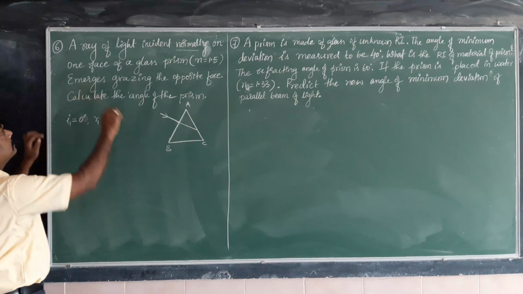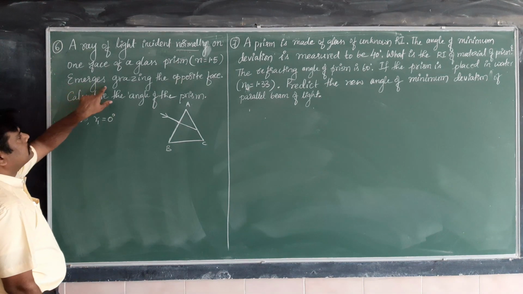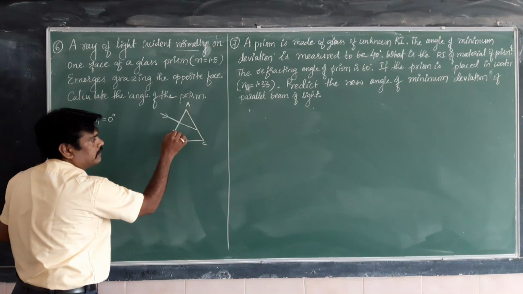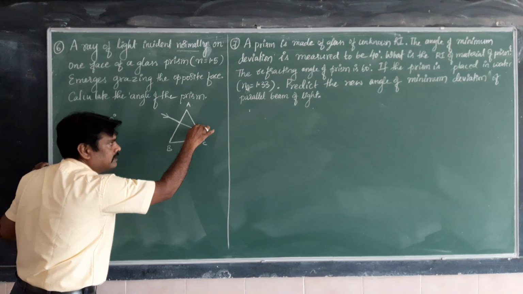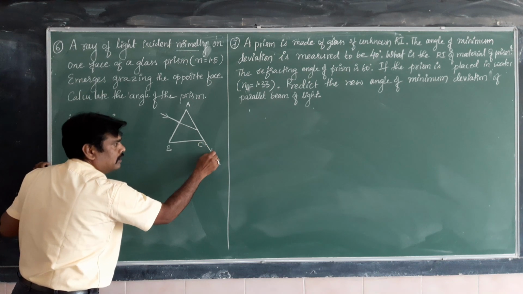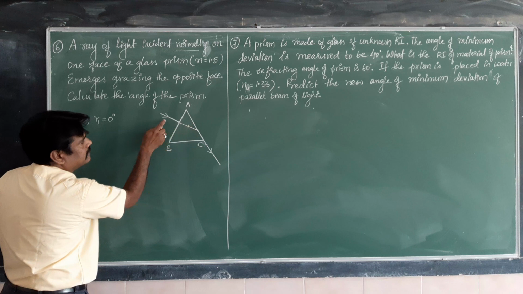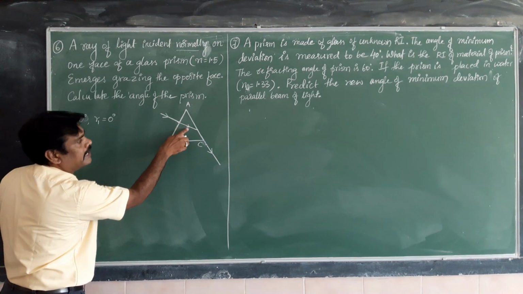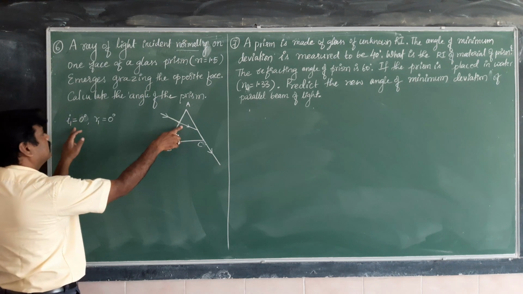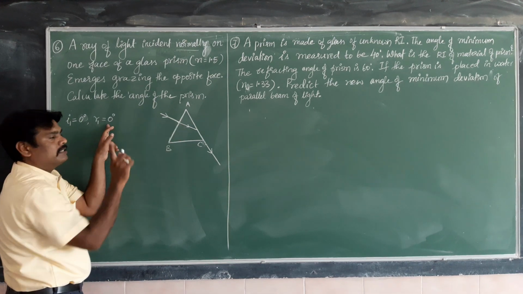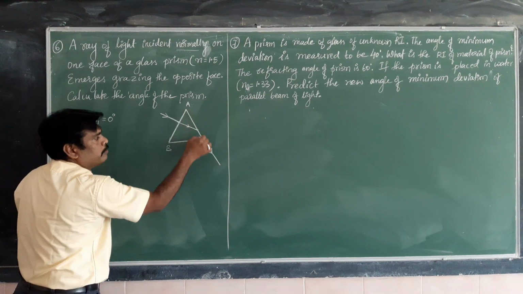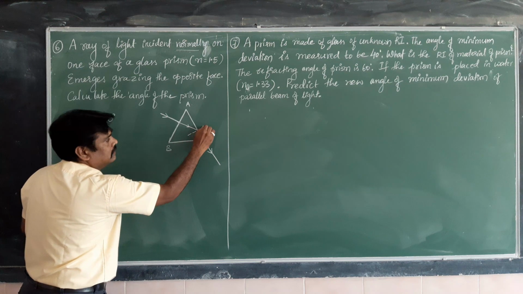Now, come to the next point in the problem. The ray emerges grazing the opposite face. This is the opposite face for the first one. Emerging by grazing the opposite face means it travels along this path. Now this is a normal incidence, with refraction without bending inside the prism. R1 and i1 are 0 degrees. It does not satisfy Snell's law, you should remember that. Here, when it is incident on the opposite face, it makes an angle.